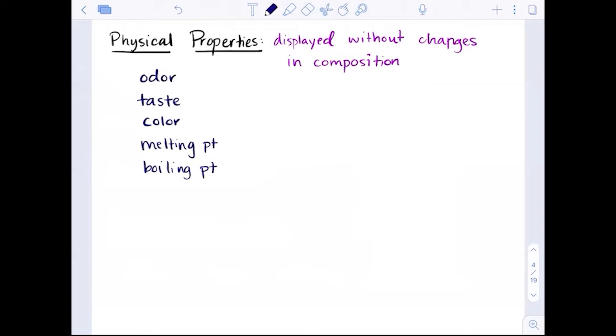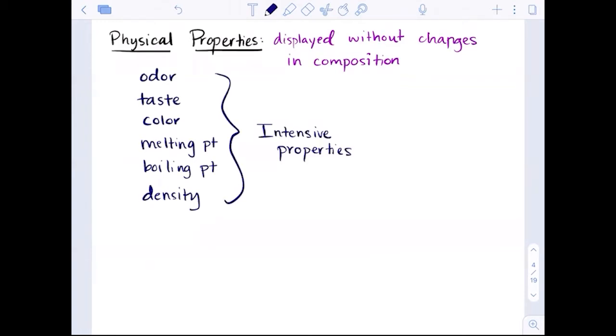These are important because they establish the temperature at which the phase change happens. Another one that might not be in the forefront of your mind, but it is useful and we've used it before, is density. Density is an intensive property. It's something that does not matter with that sample size. All of these are intensive properties, meaning that an intensive property is one that is established and is not dependent